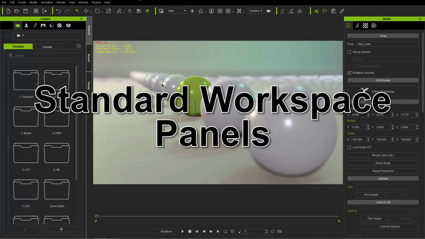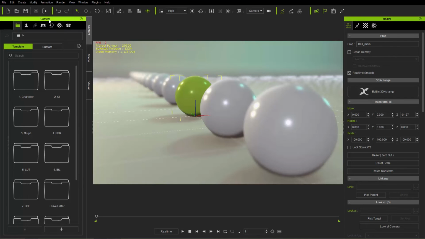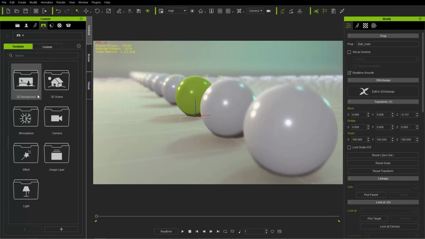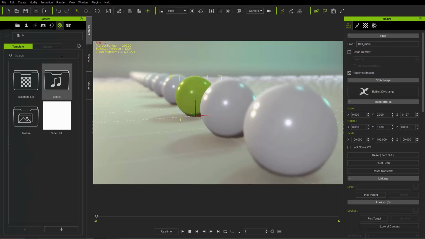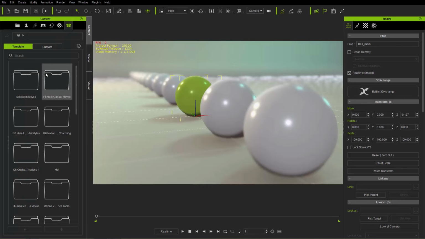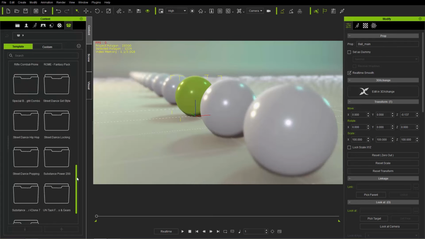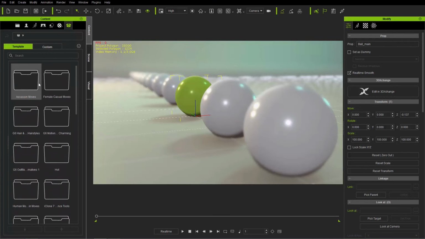Okay, so besides that, a little bit further down, we have our Content Manager here, which is the main one you're going to find all your content in. Here's your actors, and you have these tabs at the top. There's actor, animation. This is stage, which has stuff like cameras, atmospheres, and interesting stuff in there. And your props you'll all find in the set tab up here. Okay, and under media you'll find videos and materials and music. And up here is the package. So this is where you'll find all the packs that you've purchased, organized according to title, just alphabetically ordered according to the packs that you've purchased previously.